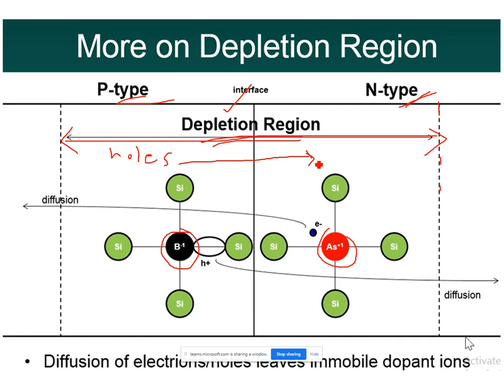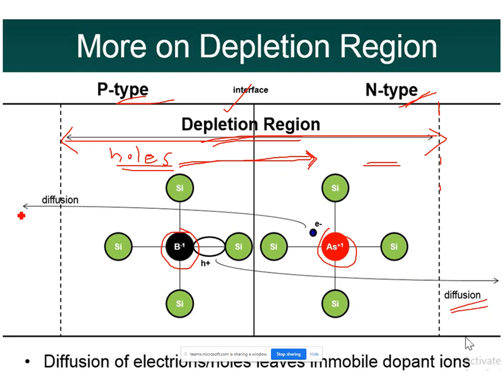I have told you what concentration gradient means: it is the difference in the number. How many holes will be here? There will be too many holes. How many holes will be present in the n-type material? There will be very few holes. This difference itself is called the concentration gradient, and because there are very few holes on the other side, the holes try to move towards the n-type material. This type of movement we call diffusion, and the current caused due to this is diffusion current.